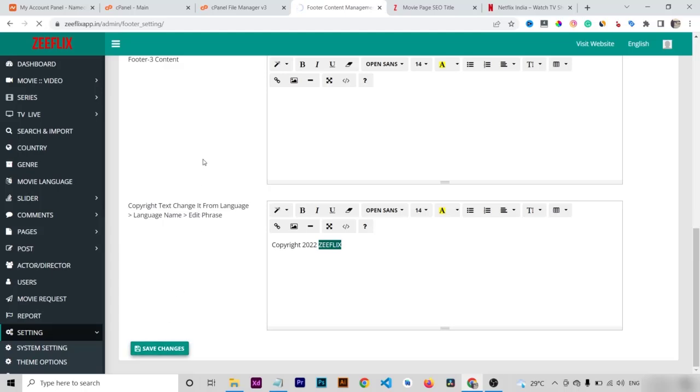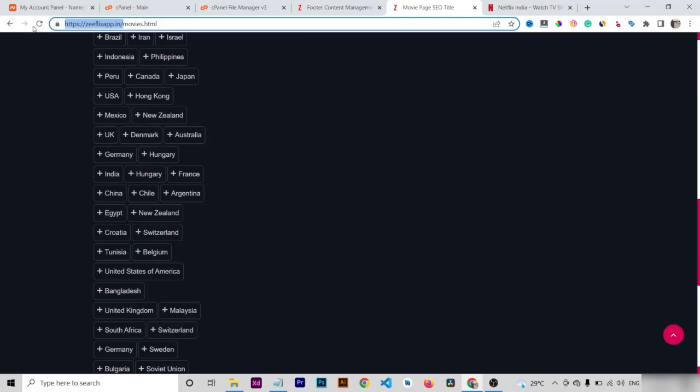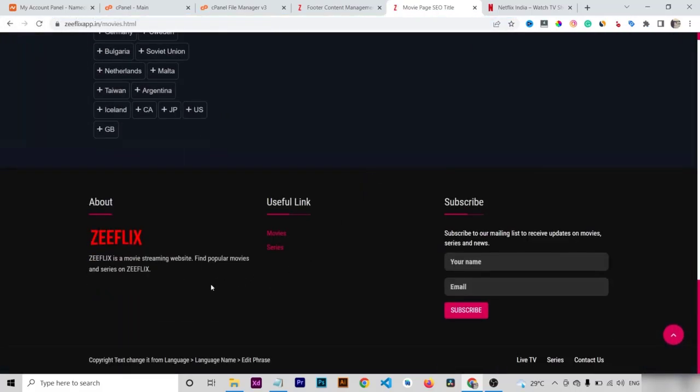Save changes, success. And here you can see flicks description, movie links, and those not available because we have to go to